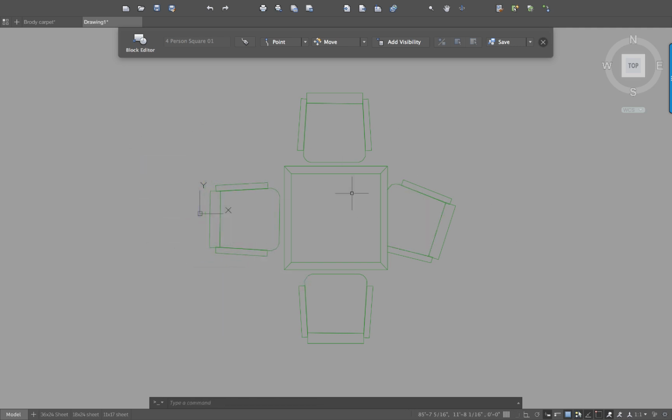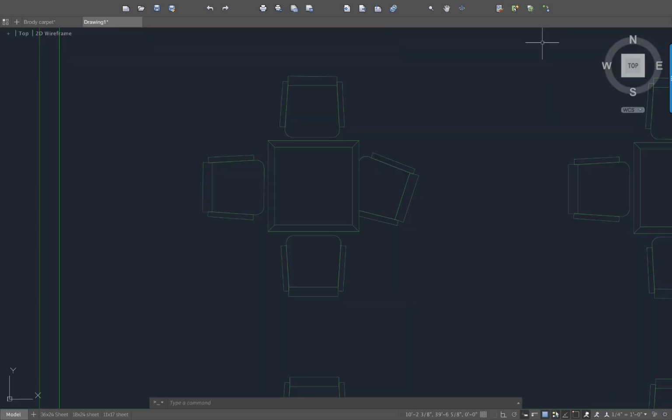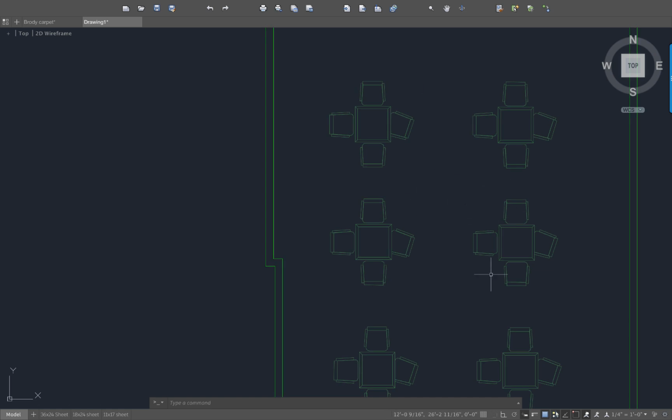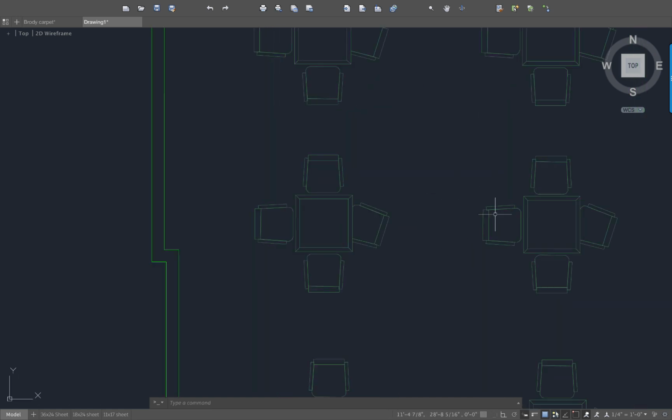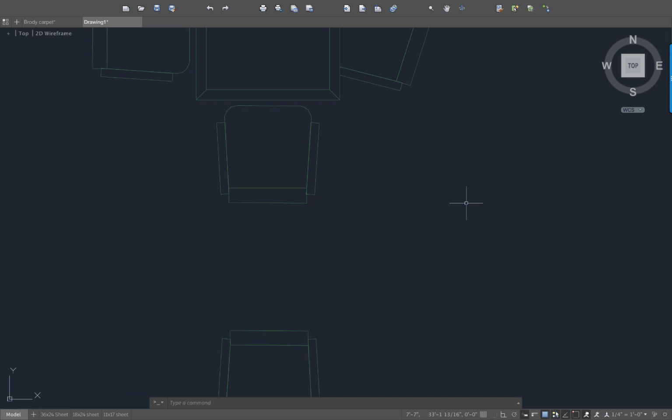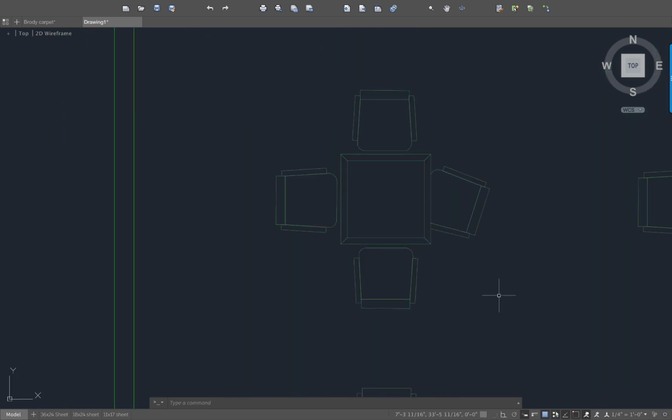So you might say, okay, that looks terrific. Let's save it. Hit save. By the way, if you make a change and you don't want it to change all of the ones in your drawing, you can choose this Save New option. I'm just going to save, and it's going to change them all. When I hit close, what you'll see is now they've all changed. That's a very powerful feature. It can also be very dangerous,